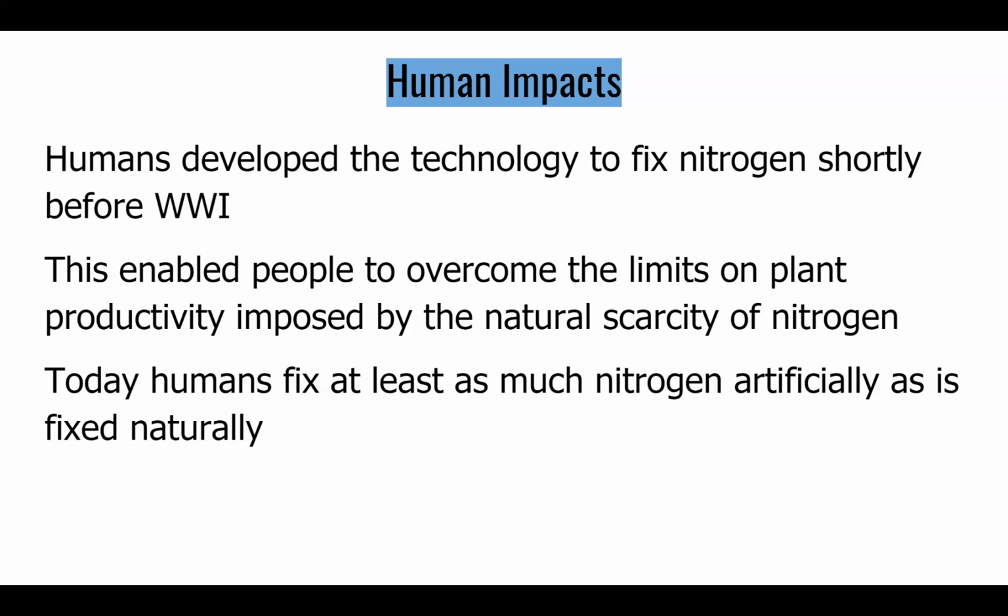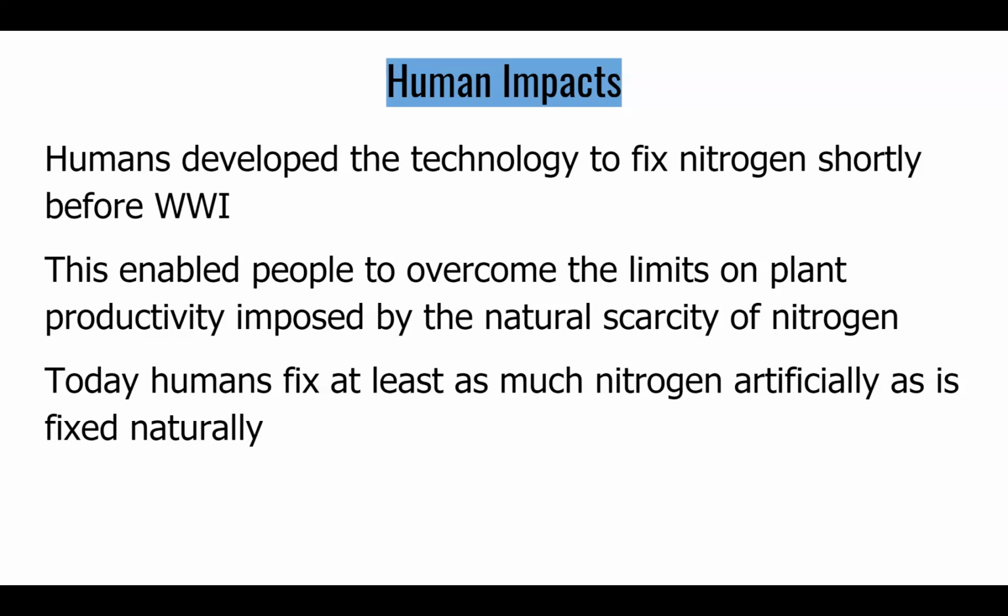So, the amount of nitrogen in the soil, the amount of nutrients in the soil in general, determines how well the plants can grow. So, if we can add all of this stuff into the soil, our plants will grow better. So, when we were able to fix nitrogen chemically and put it into fertilizers, we were able to grow more food and feed more people, which is really, really important. We love to feed people.